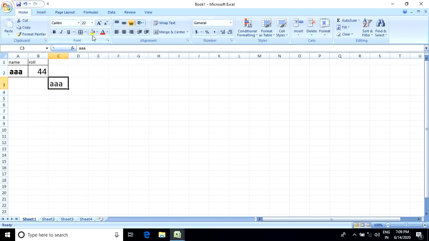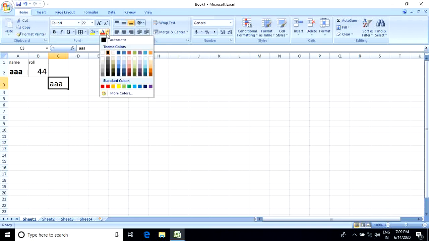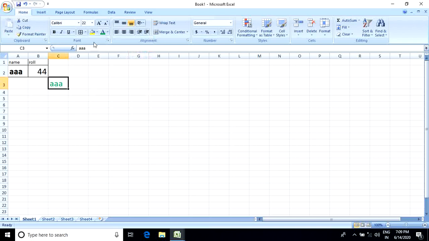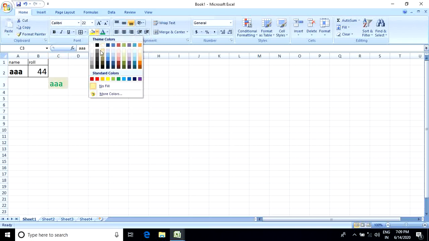Cell will be filled with this color and the character will be filled with this color. So select, look at that, and you can select also the fill color from this option.